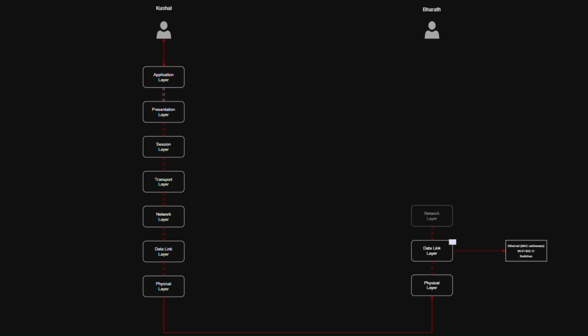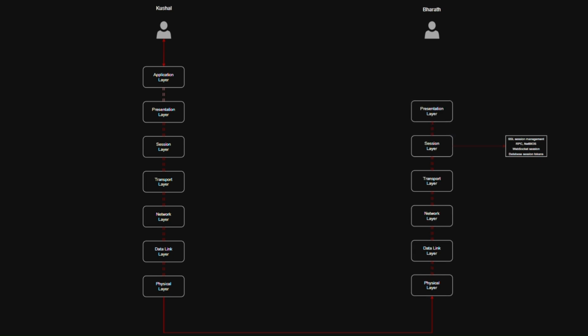The bits arrive at Bharat's physical layer and begin their climb upward. The physical layer collects the raw bits, and the data link layer rearranges them back into a frame. It checks the frame's MAC addresses, strips its own headers, and passes the inner packets upwards. At the network layer, Bharat's device examines the IP addresses. Since it matches his device, the layer removes its IP envelope and forwards the segment upward. The transport layer then takes over, reassembling the segments back into complete data and using the port number to deliver the message to the correct application,